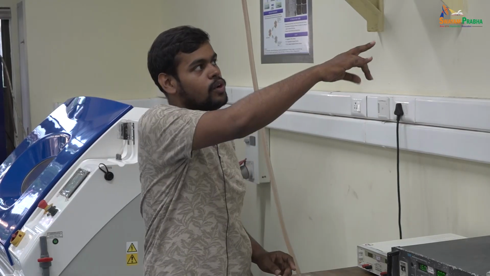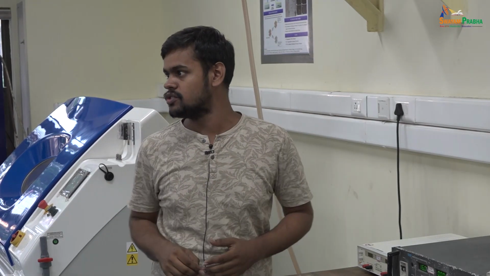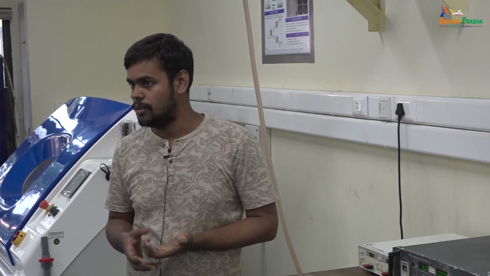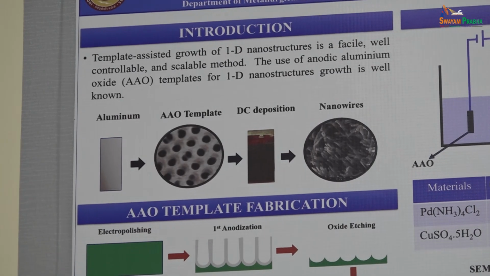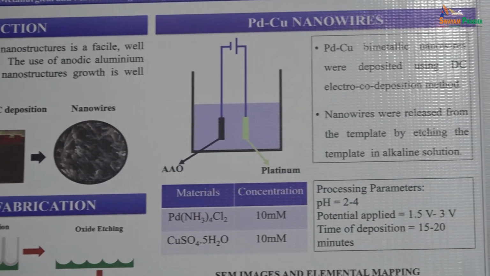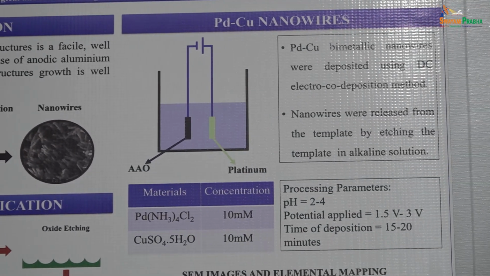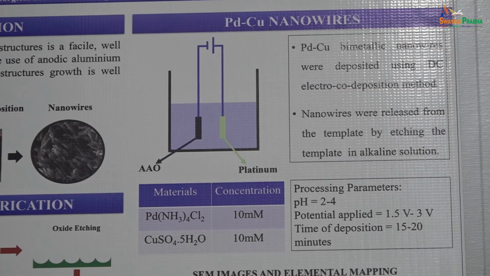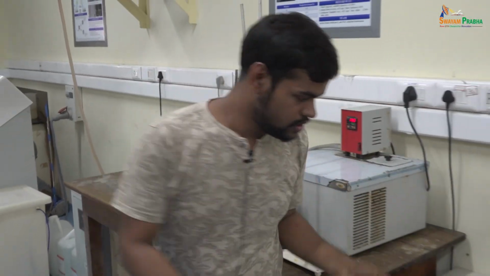So why I use it for nanostructure synthesis in our lab: you can tune the dimension of this AAO template. When you start the tuning of the AAO template, then you can achieve whatever dimension you want. So this can be used for synthesis of nanomaterials or nanowires, 1D nanowires. In our lab, nanoflowers have also been synthesized. Now, after you have achieved that,